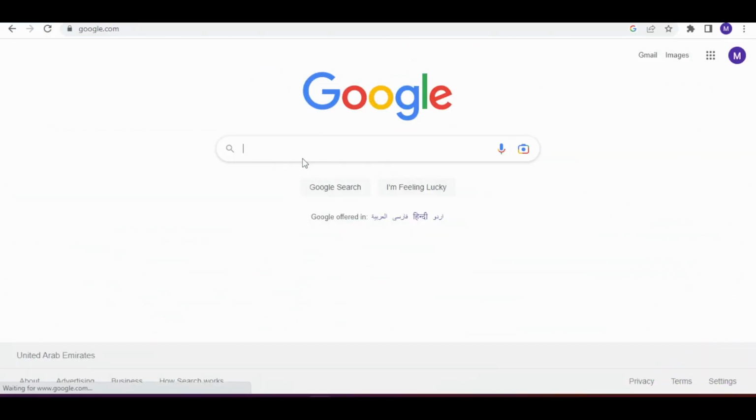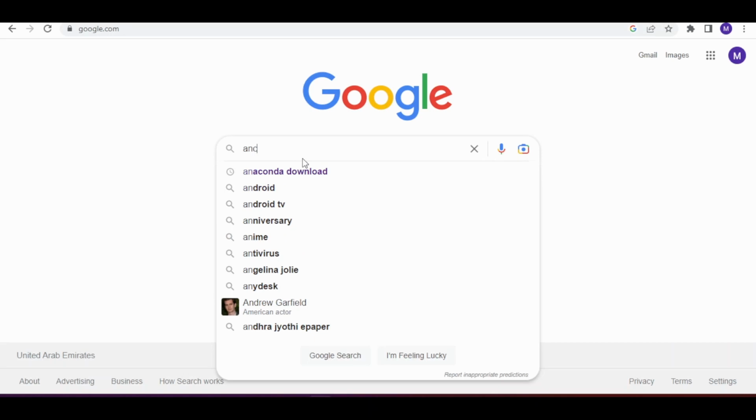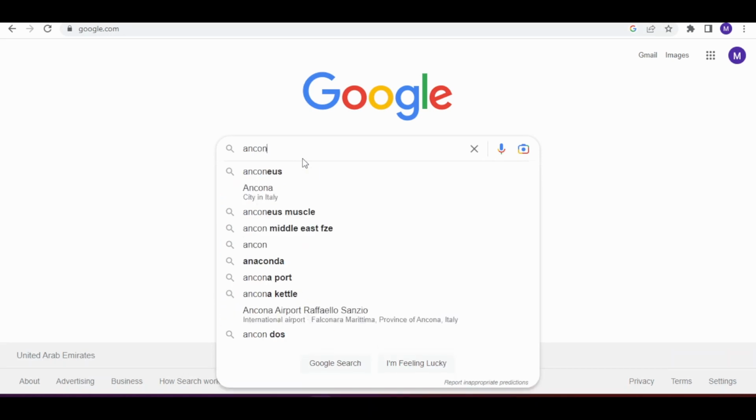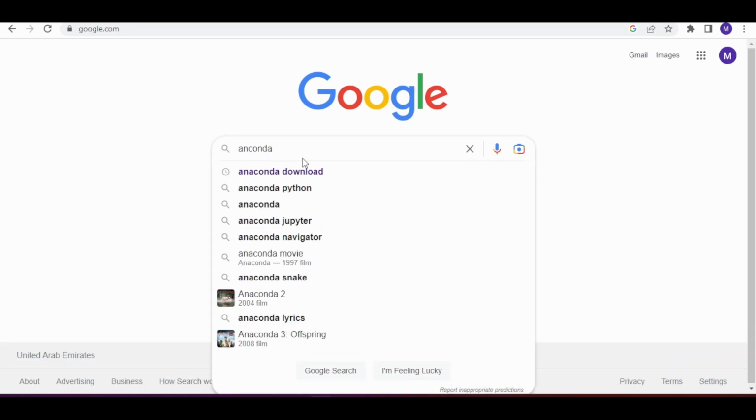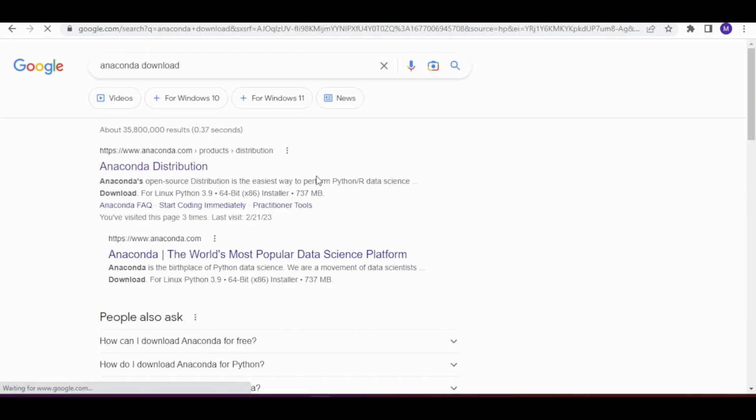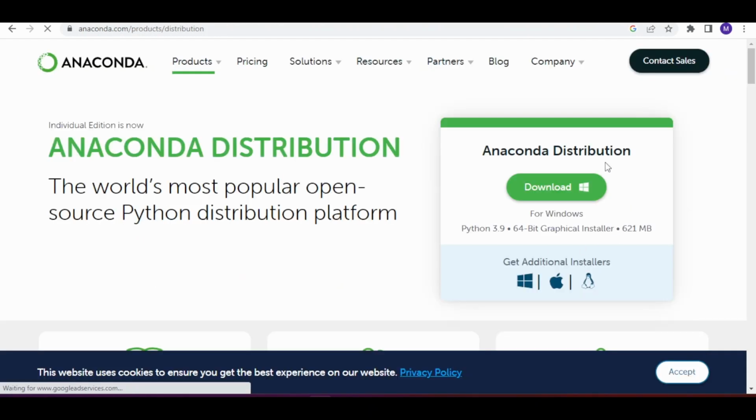Now next I will show you how to install Anaconda. When we install Anaconda, it will automatically install multiple IDEs with it. So you just search for Anaconda. You see Anaconda download. You can click on this one. Then you will go to the Anaconda distribution. Just download it and install it. Just run the installation wizard and complete it. Once you install it,